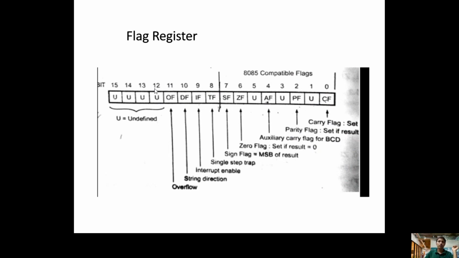Then the overflow flag. This is very important. The overflow flag is set to 1 when the result is out of range. How can you decide? It indicates like this. The overflow flag is set to 1 when there is a carry into the MSB bit and no carry out of the MSB bit. The overflow flag is also 1 when there is no carry into the MSB bit but a carry out of the MSB bit.